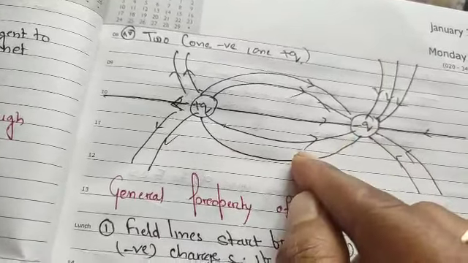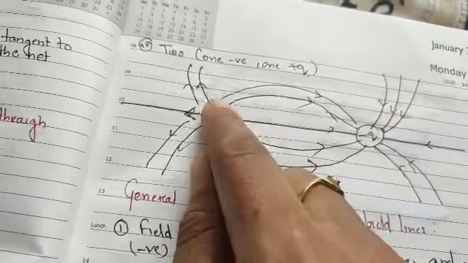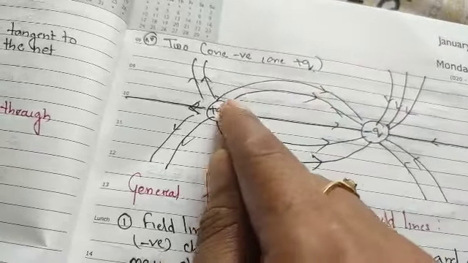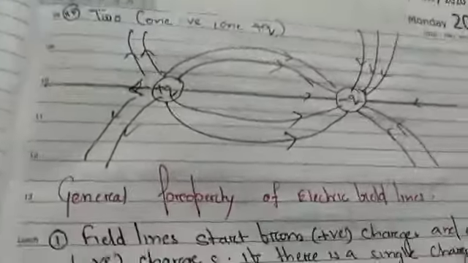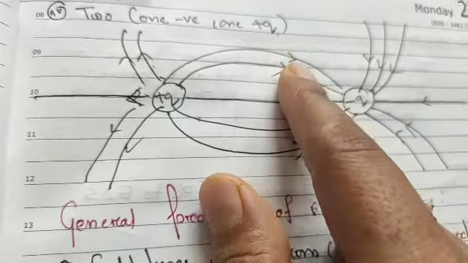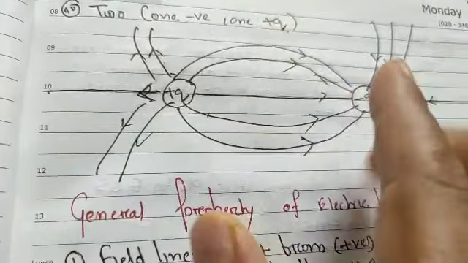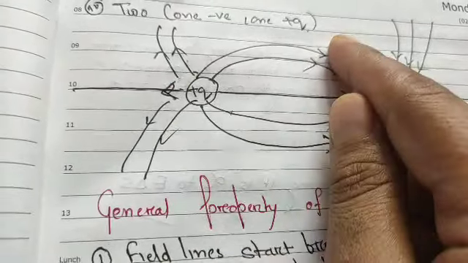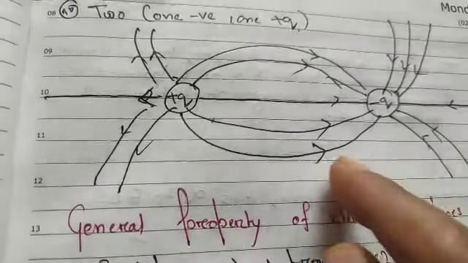What is the reason behind it, student? Because one line can show you one direction. Suppose this electric field line will show you one direction of the field. Similarly, this line can show you one direction of the electric field. But if they intersect with each other, what happens? One field line shows you two directions, because you know that a curve shows a direction by creating one tangent over it. Okay, so that is the point I have told you.